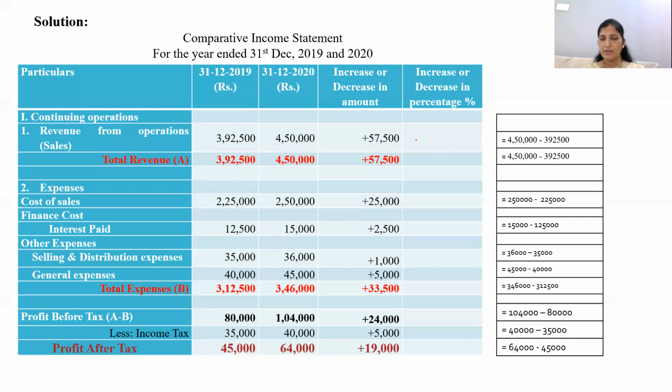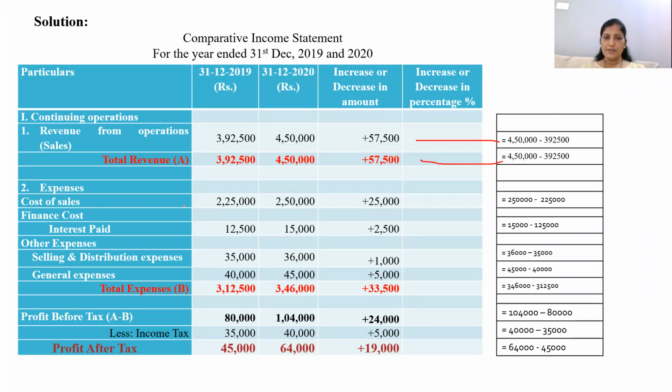You see, I have given this amount. You have got it from this calculation: 4,50,000, that is this, minus 3,92,500, that is this figure. Clear about this? Here the most important thing is putting the symbol, the plus symbol. Sometimes, if this is 3 lakhs, then it will be a minus symbol. Now it is plus, so you write it as plus. Next, it is a total of this, so the amount will remain the same.